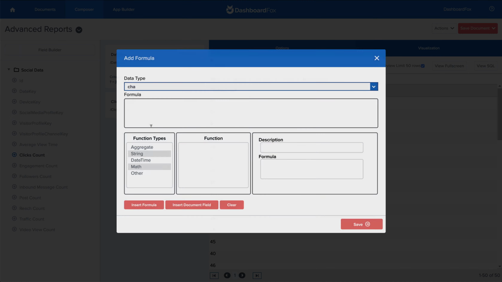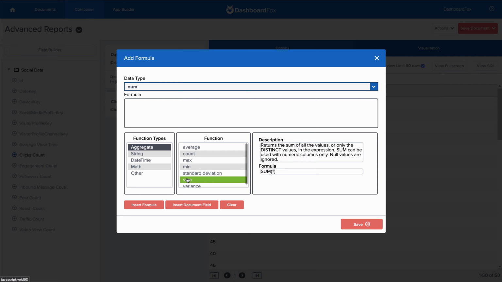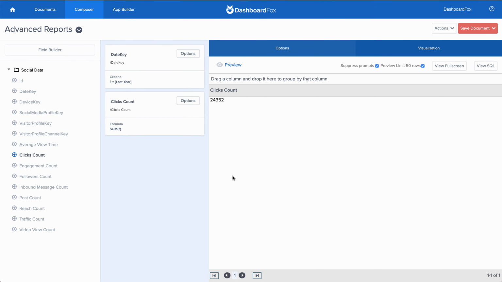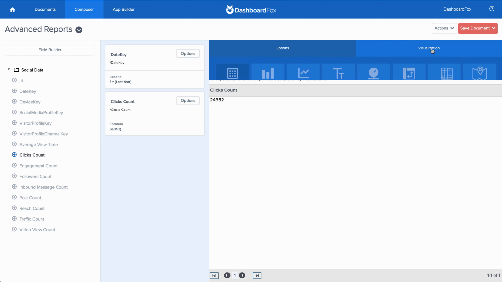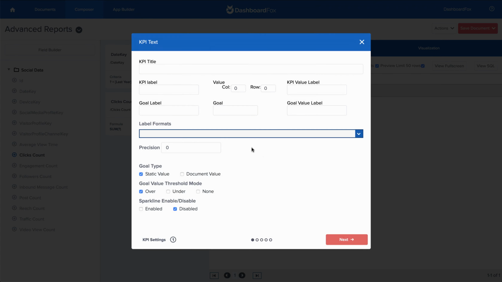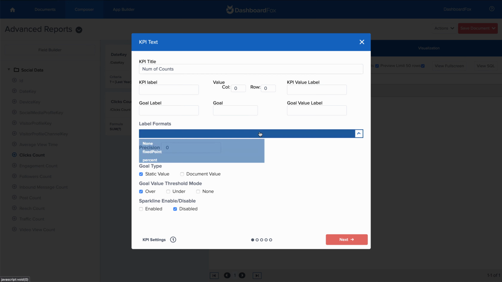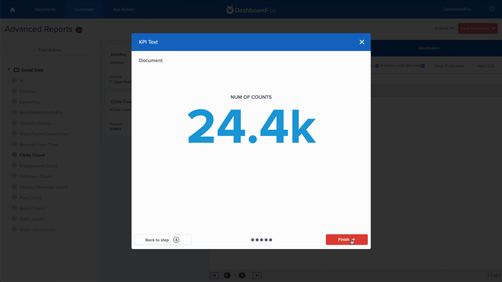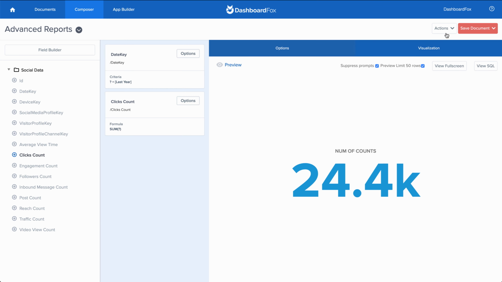Let's add a formula and sum up my counts. So you'll notice that now I'm building a report off of that stored procedure just like I normally would, and I can pop that into KPI, and let's make this a large number format. So everything else flows as you would normally use, and I can save this.